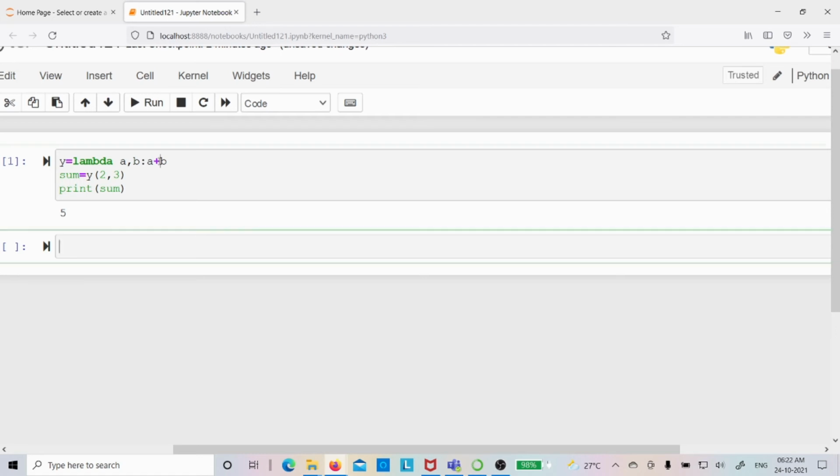Now let me modify the program a little bit. Instead of performing addition, I want to perform multiplication. Let me change the name of the variable also. That looks perfect. Now let me run the program. I will get the output as 6. Is it clear? Whatever expression or operation you want to perform will be performed accordingly. Suppose I write sub. Now you will get the result as -1, because 2 comma 3 gives 2 minus 3, so -1 will be given as the output.